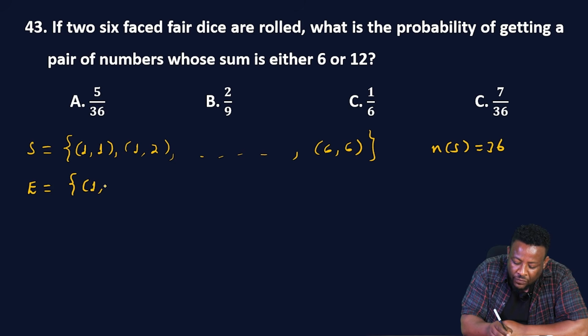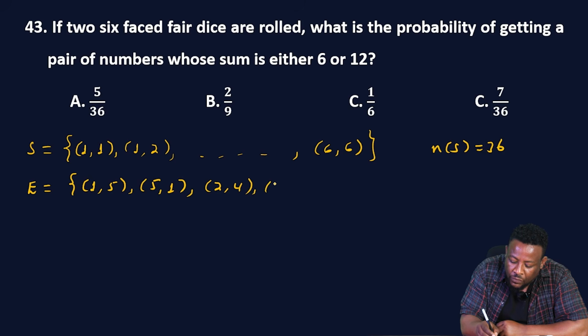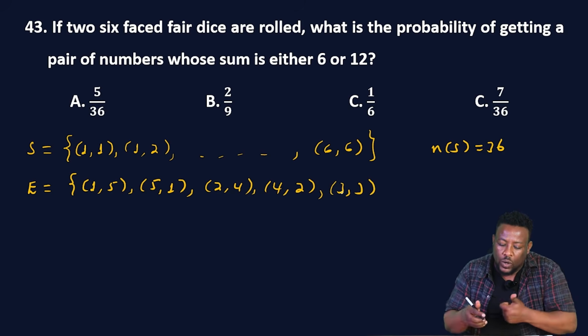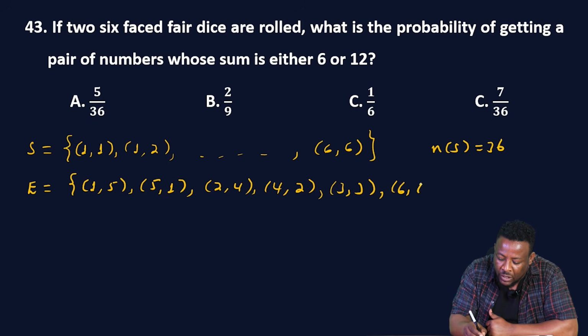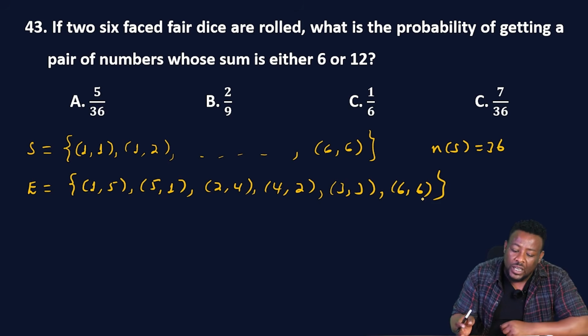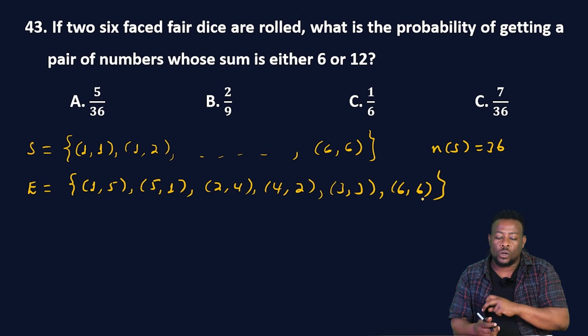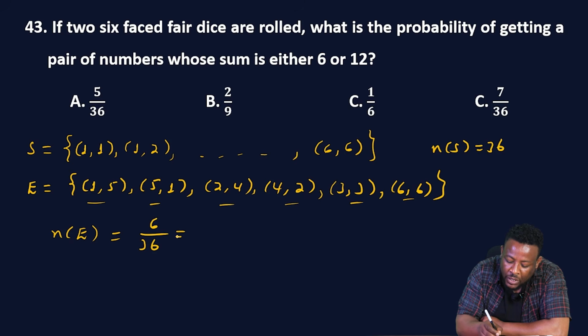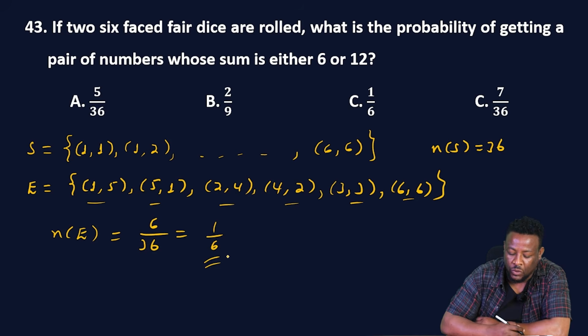It can be 1 5 or 5 1. It can be 2 4 or 4 2. It can be 3 3. Okay, እነዚህ 6 የሚሰጡን ኢቨንቶች ናቸው። One more event 12 የሚሰጠን 6,6 ብቻ ነው። ሌላ pairs of numbers የለንም። So these are the events. So የተጠየቅነው the probability of obtaining the sum 6 or 12 ነው የሚለው። So እዚህ ውስጥ ያሉትን ስንቆጥር they are totally 6. So the probability of this event will be 6 over 36 ወይንም 1 over 6 ይሆናል። ይሄ simplify ሲሆን።